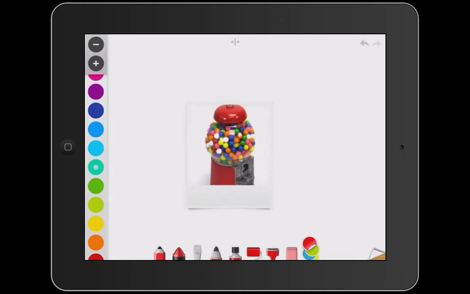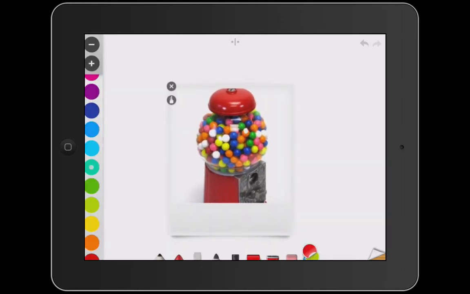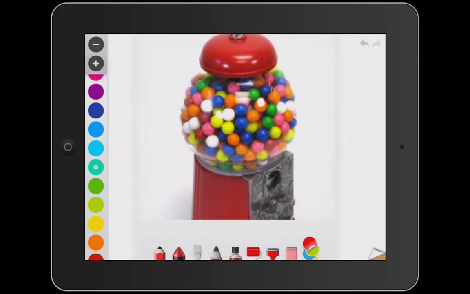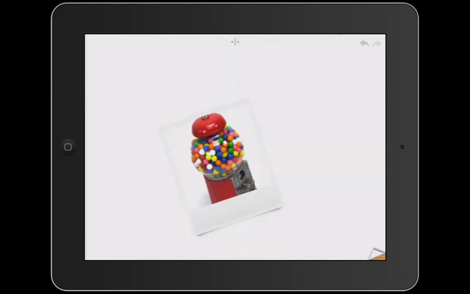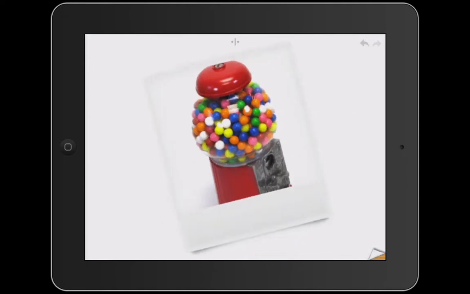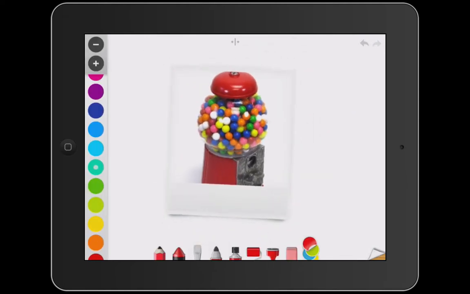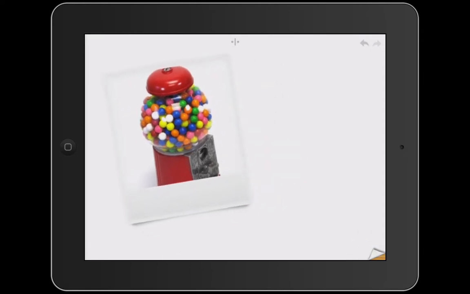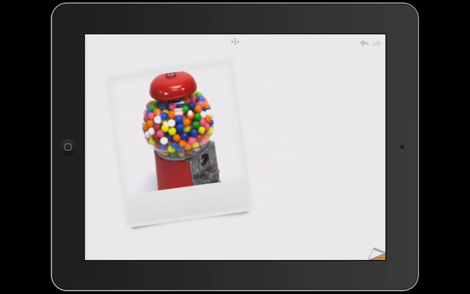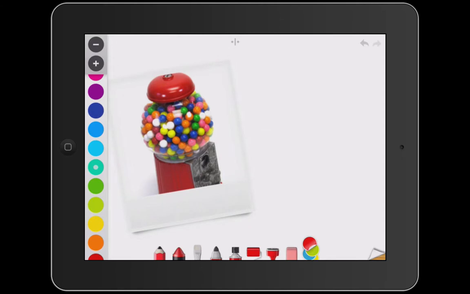Now I can take this and expand it by pinching. I'm just expanding out using two fingers. I can make it smaller, bigger. I can even rotate it left or right. So let's say that I wanted to use this picture as my first page in my hundreds board, after my title page, of course, and then I could use a marker and write out to the side here,